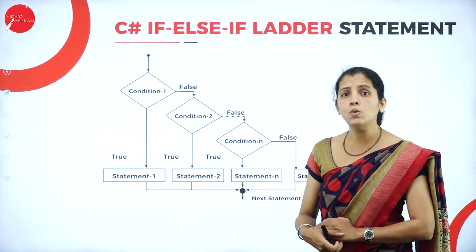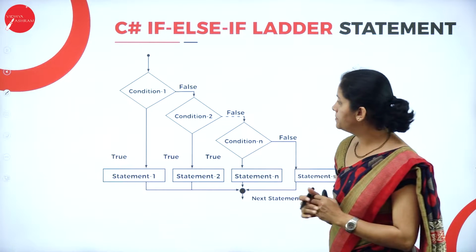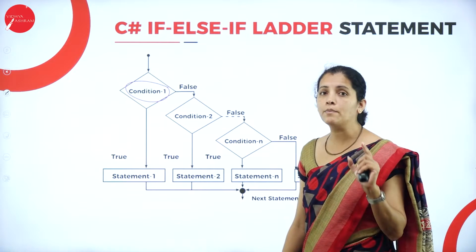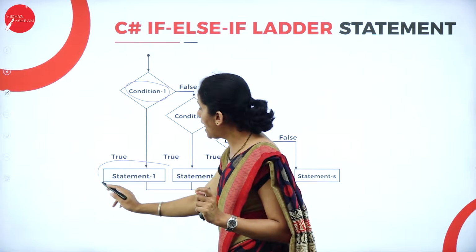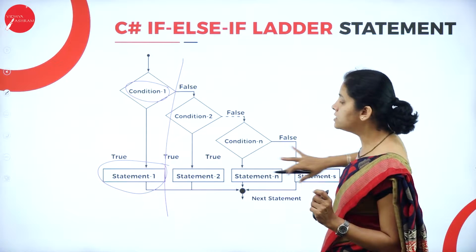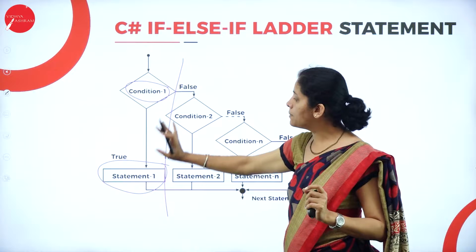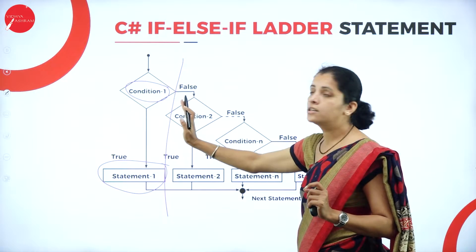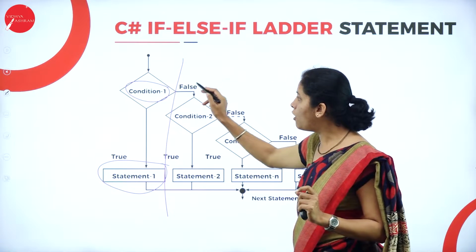Now, dear student, I'm going to have the flowchart. That means how the control flows from top to bottom. So here I have the condition. That means at the beginning I'm going to write the condition. If this condition is true, I'm going to have a set of statements and I'm not going to execute the rest of the statements. So if the first condition is true, whatever answer I get, that is my final answer, because I'm not going to touch the rest of the part. If this condition is false,